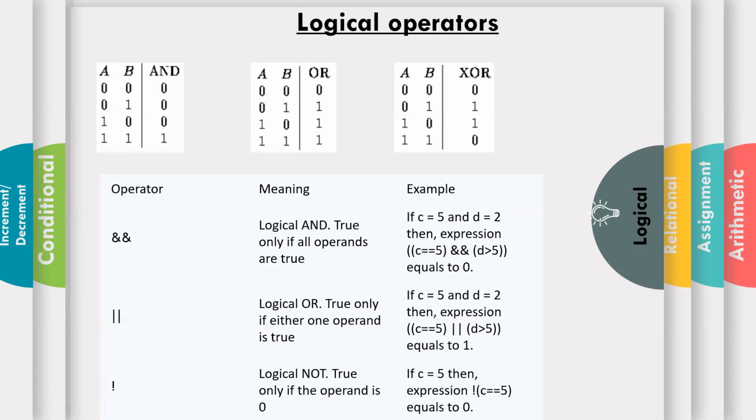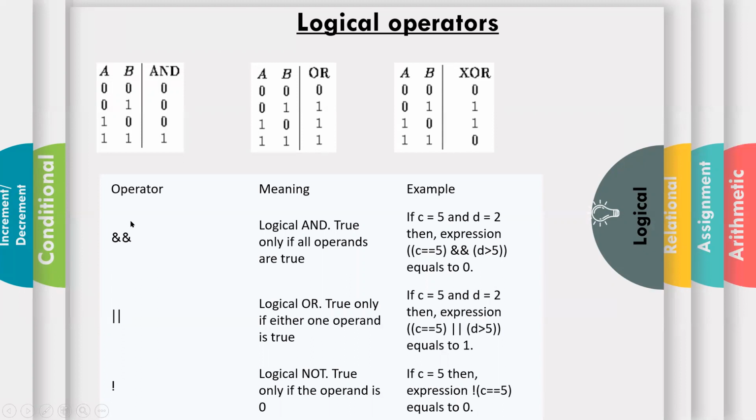Okay. So these are different logical operators. So three logical operators are there. First one is logical AND. So we use the double ampersand symbol. This is called logical AND. And the second one is logical OR. So you use this symbol. Similarly, logical NOT. See here how to use these operators.